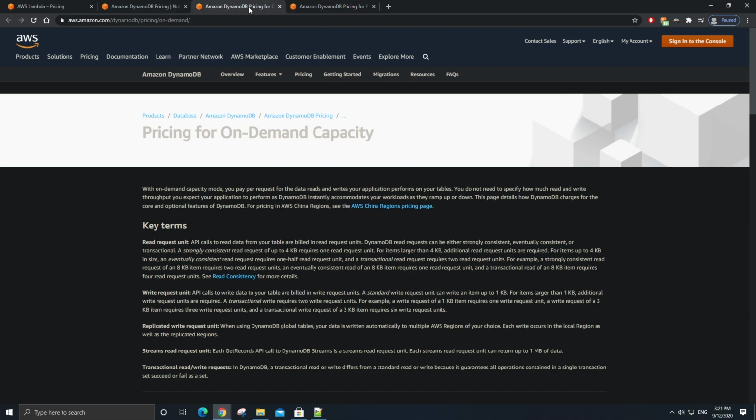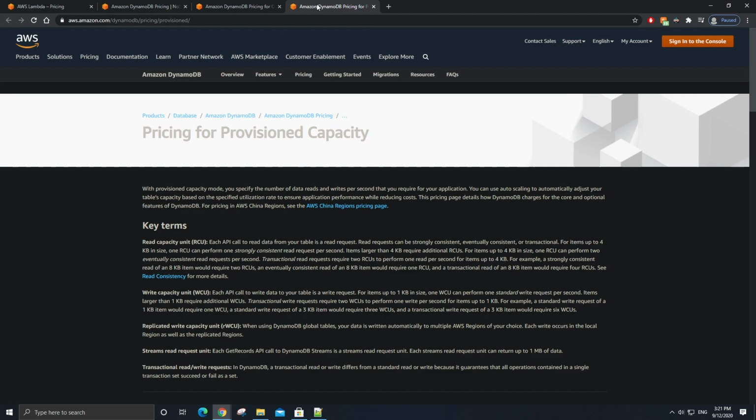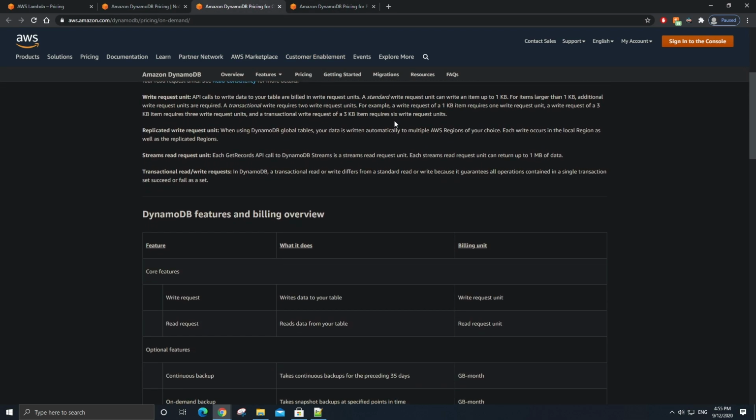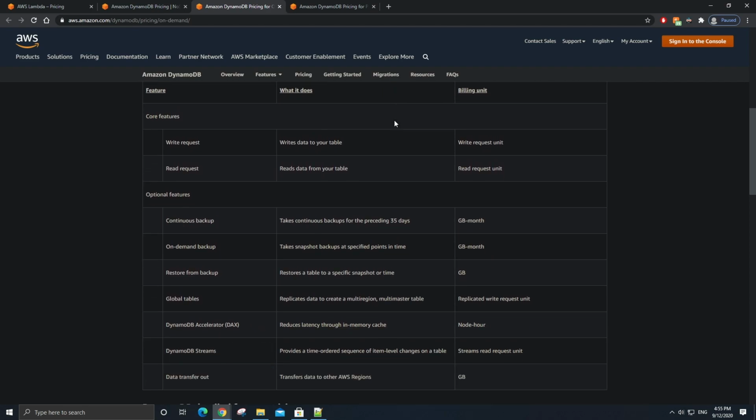Keep in mind though that read and write operations in on-demand mode are significantly more expensive than those in provision mode. Everything else related to DynamoDB costs is the same between the two modes, minus global tables, but we don't need to worry about that since we don't use global tables in this tutorial. However, because you don't specify an exact number of reads and writes per second with on-demand capacity, you do truly pay for what you use, since it is a constant price for each read and write,